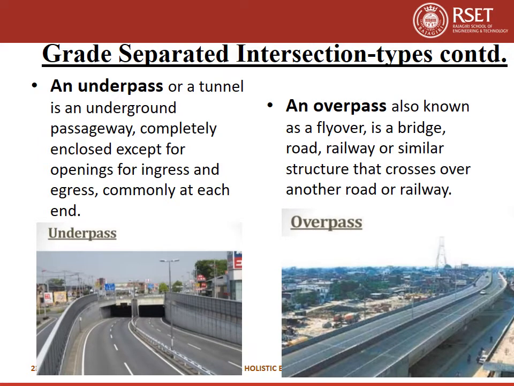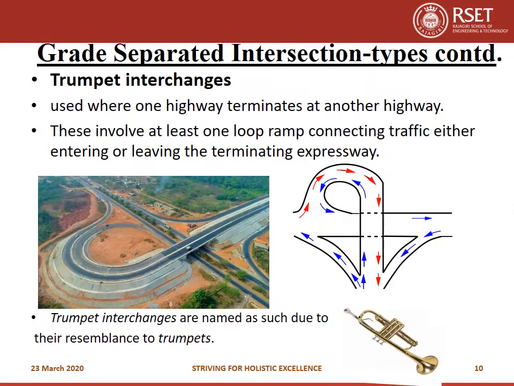Now we will see different grade separated intersections. First one is underpass. You can see a tunnel like structure in this figure. And then overpass. It is also known as flyover. Next type is trumpet interchange. In this figure you can see